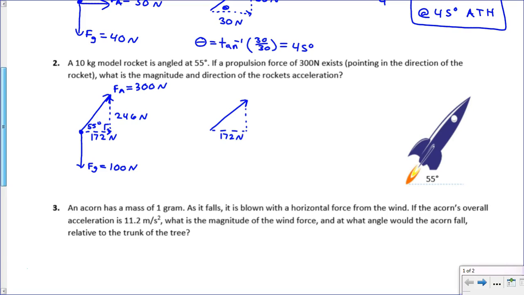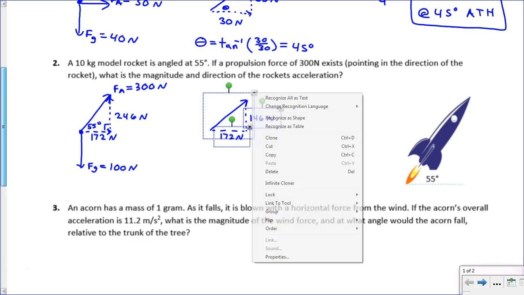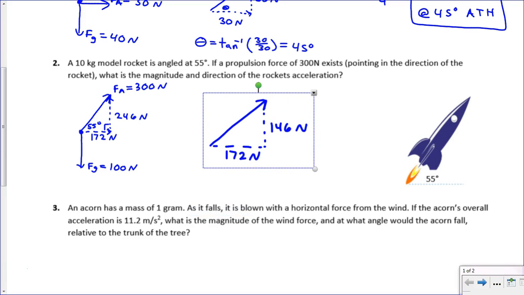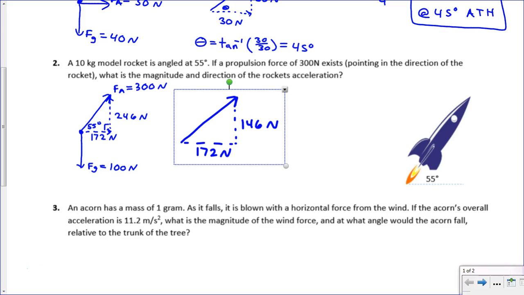Up and down now, we have a downward force of 100 and we have an upward force of 246. So it's unbalanced by 146 newtons. I'm going to make this a little bit larger so that I can write my angle in there. Okay, so thinking about this,